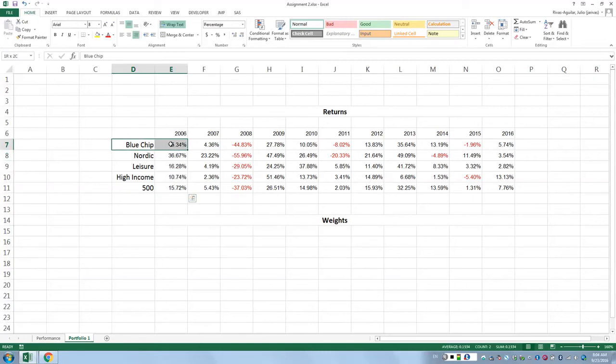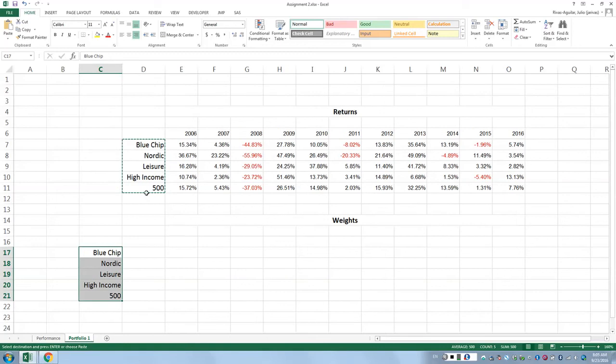No. Why? Because if I'm putting half of my money in one of these funds, the performance of this fund is gonna be very important to what we do. So I'm gonna copy the names, and I'm gonna add a column called weights. I'm gonna highlight this because this is gonna be an input column. So whatever we put there, it's gonna be changing, and the answers are gonna change. The rest of it, we're gonna type in formulas, and we're gonna let Excel do its magic, right?